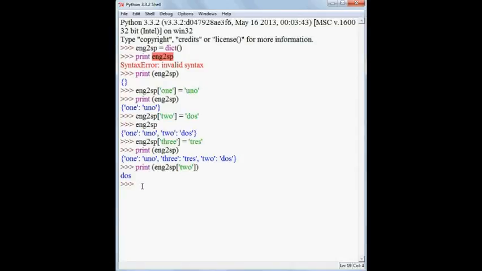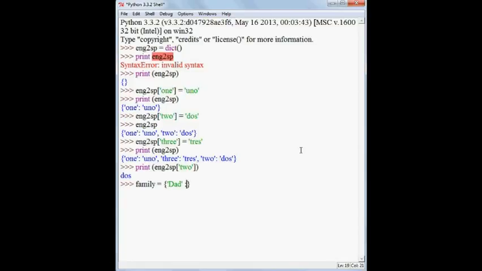Another way of creating a dictionary is to take a variable name, say x, or say family this time, and in curly braces type in the first key and value. Let's say dad.